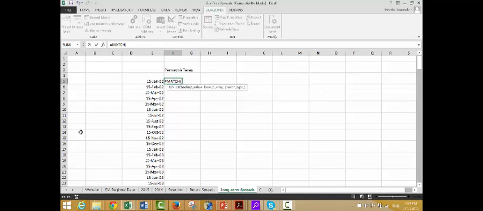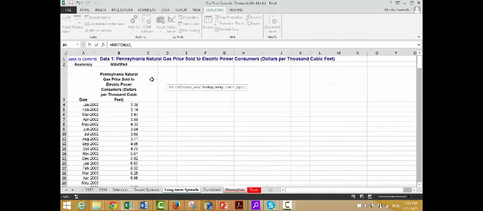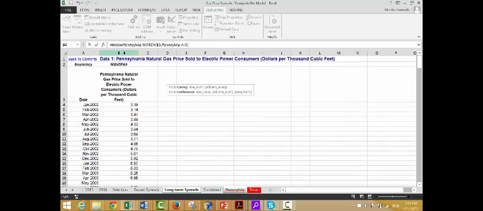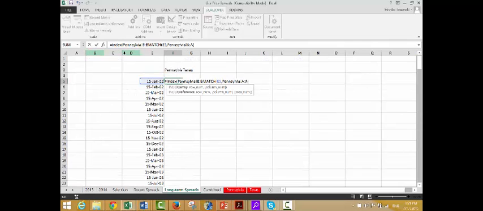Now, when we put match, well, no, let's do it by hand. Match the date against this one, and then we put index, and we go to Pennsylvania again and put this one. Okay, and of course I forgot the